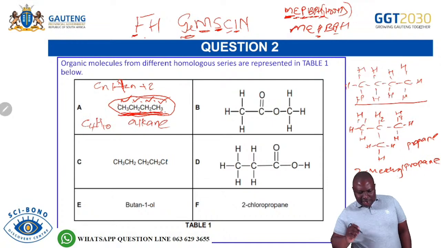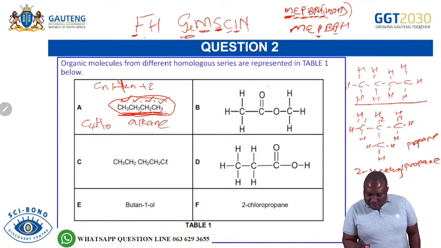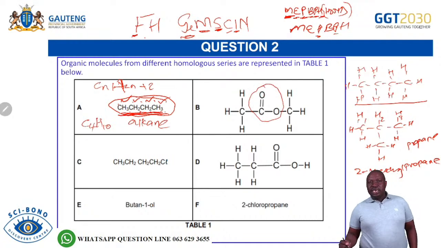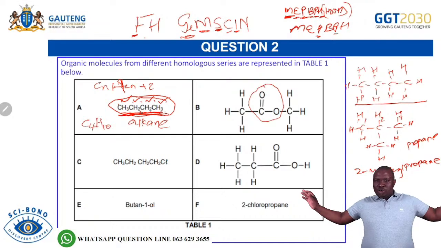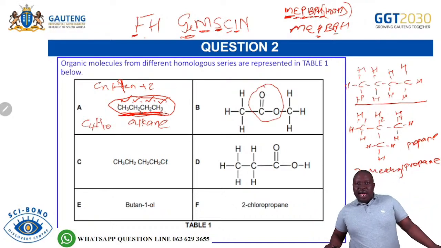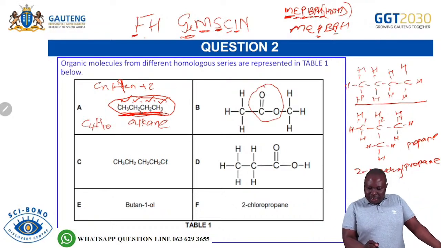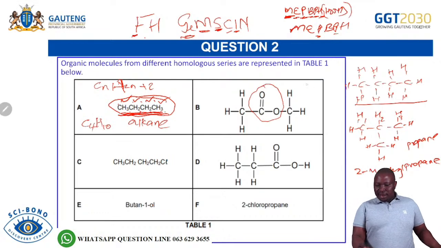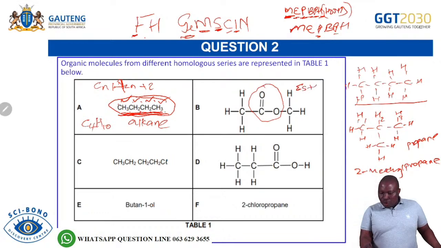Remember, as indicated, always when you go to number B, you would look for that. When you remove this, it becomes a hydrocarbon or an alkane. You can see that. And you know the C double bond O between 2 carbons, that must be an ester. So you're able to know that, oh, the functional group is the ester. So you know it's the ester bond, that one. Then the homologous series must be esters. So this is an ester. You now can even know the general formula for esters.